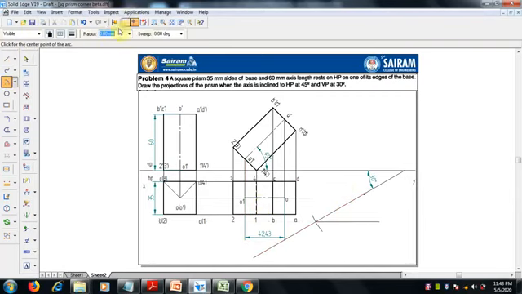So select arc, 42.43 as the radius, enter, and from the same point where we started the first arc. If you select this arc, it automatically shows the center point. There we can make the arc to this line. Okay, so this is the end point. From here you can draw a line.